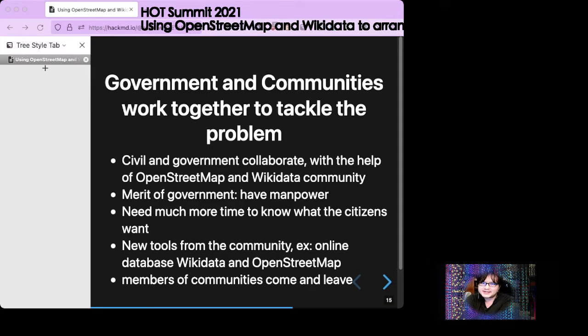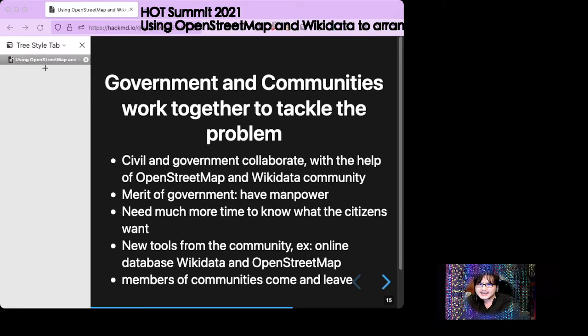So the government and the communities know about this river problem, so they decided to work together. The OpenStreetMap and Wikidata communities know about these international platforms, so they can easily utilize them and have a more flexible way and new tools to deal with the problem.